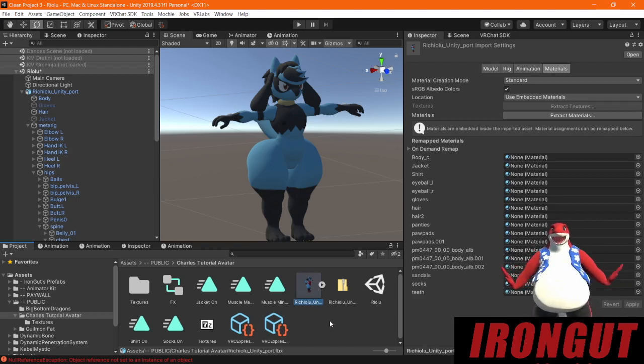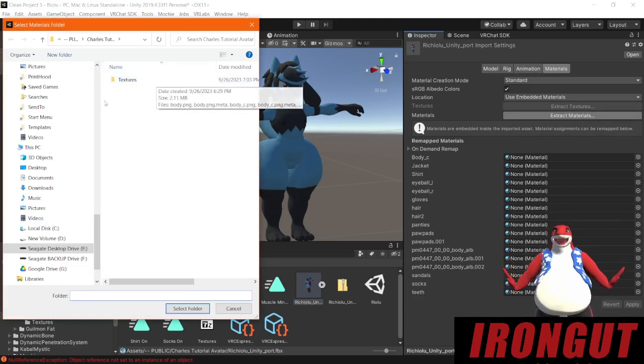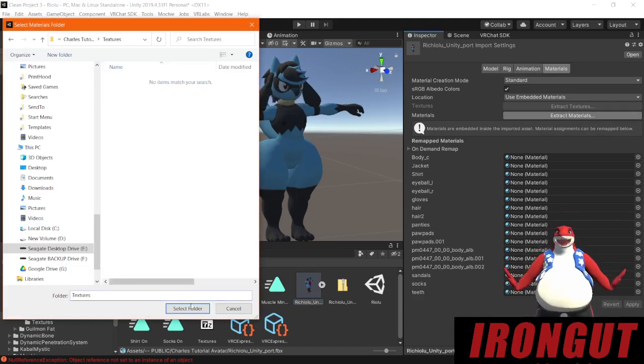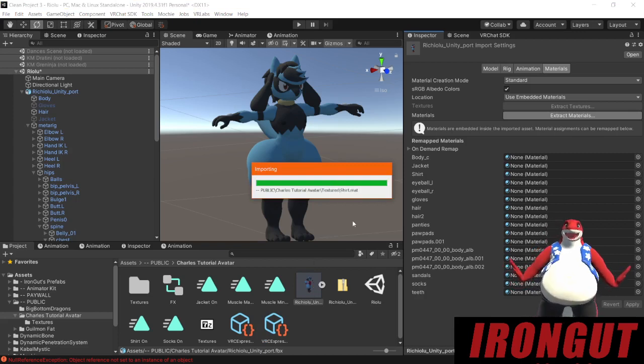You click on the actual FBX file or model file, whatever it is, here in the project area, and go to the materials tab instead of the model or rig, and just click extract materials. And then I recommend creating a different folder called textures to put it in. That way it doesn't clutter up the main folder. And it'll extract all those different materials